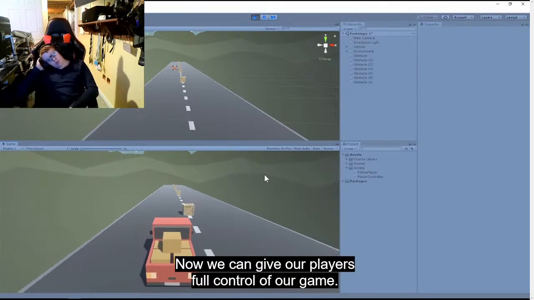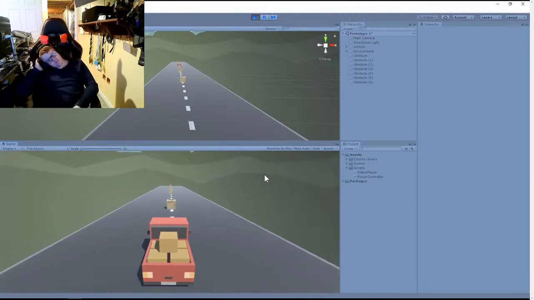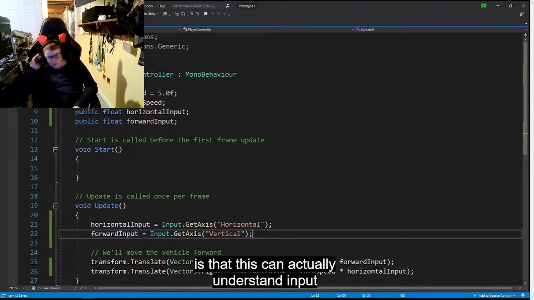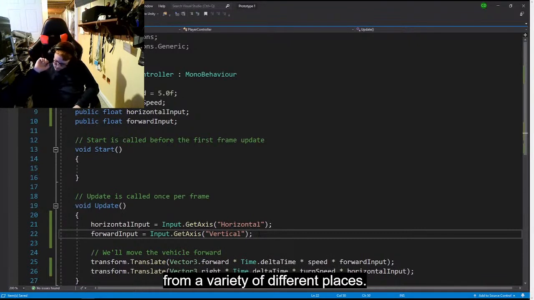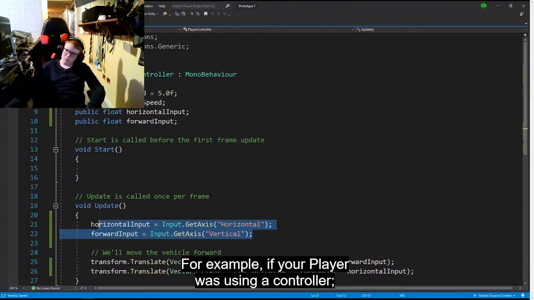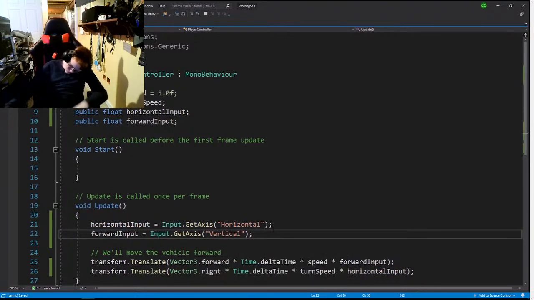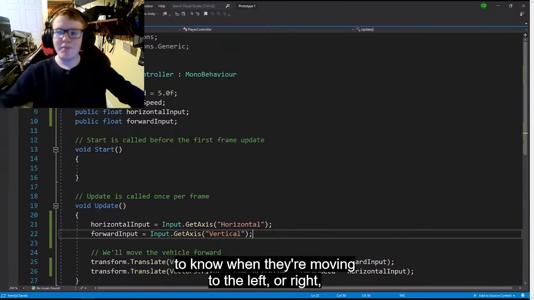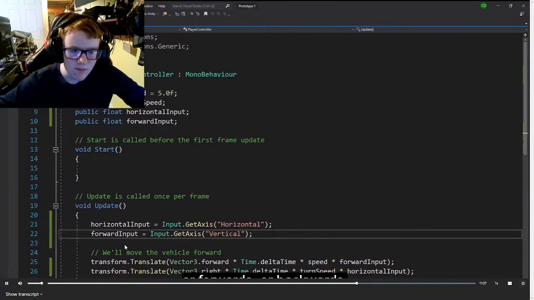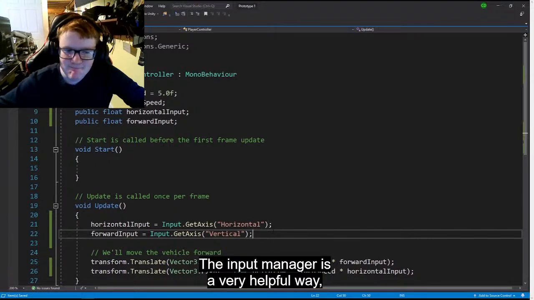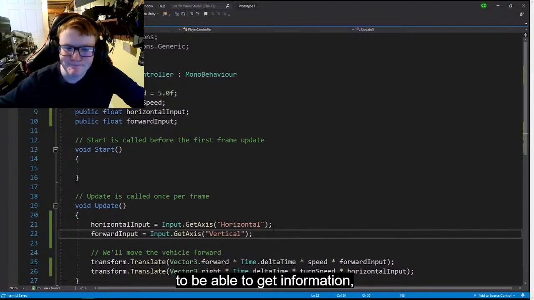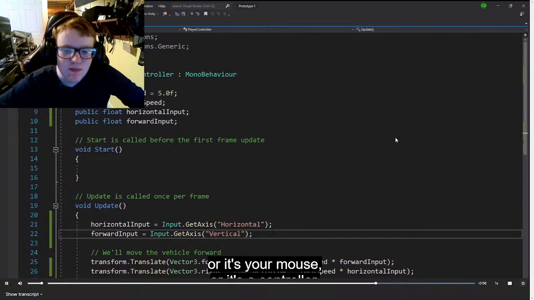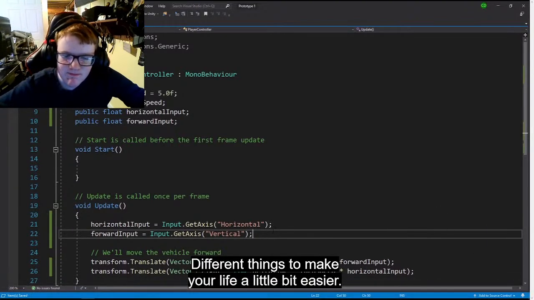Now we can give our players full control of our game. An especially cool thing to note about the input manager is that this can actually understand input from a variety of different places. So for example, if your player was using a controller, then you can actually get the input from their joysticks to know when they're moving to the left or right, or forwards or backwards. So the input manager is a very helpful way to be able to get information from the different kinds of input, whether it's a keyboard, or your mouse, or a controller, different things to make your life a